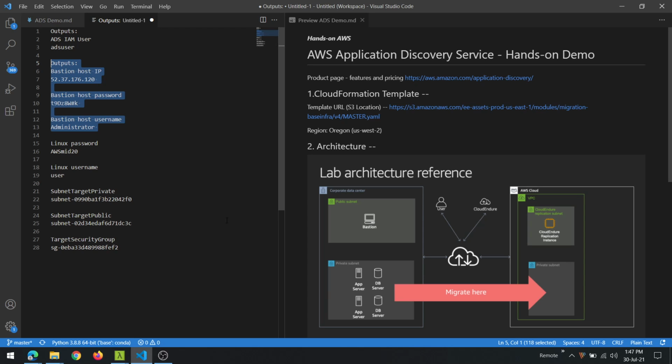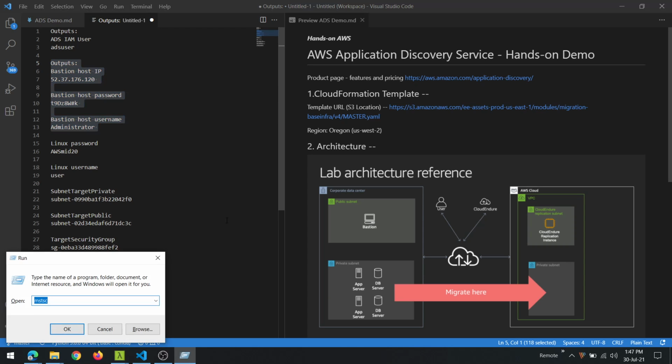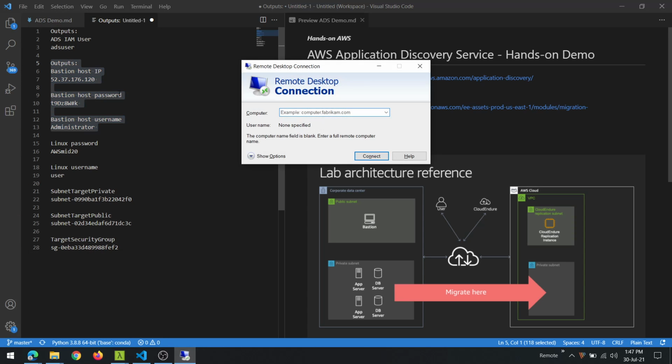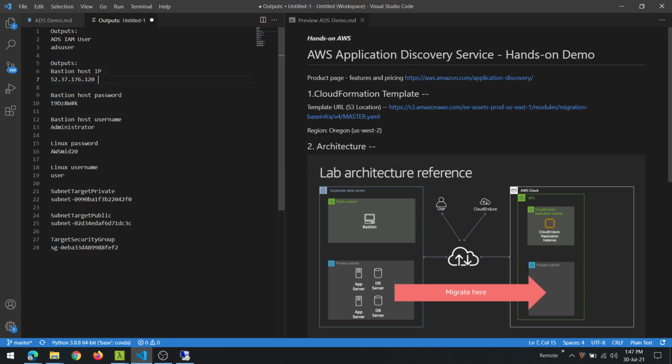So from your Windows machine, go to the remote desktop and let's connect to this Bastion host.